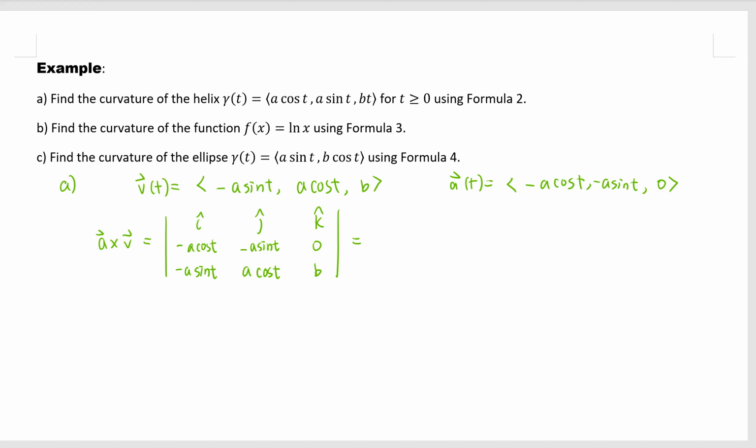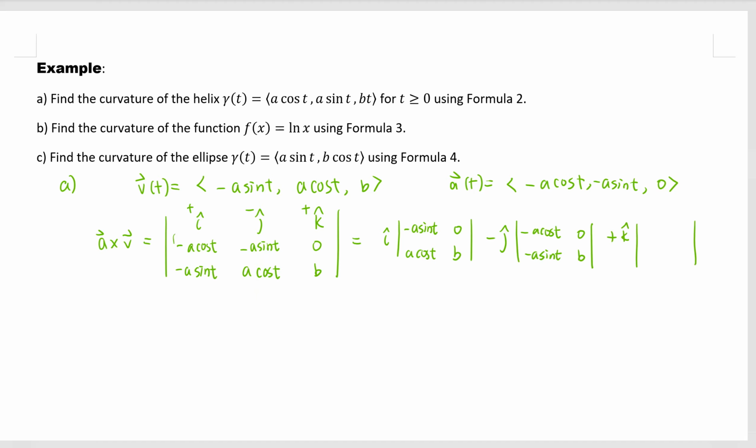So this is plus, minus, plus, with plus i times the minor, which is the determinant of the submatrix minus a sine t, 0, a cosine t, b. Then minus j times the minor of deleting the first row and the second column. So we have negative a cosine t, negative a sine t, 0 and b. And then we have plus k